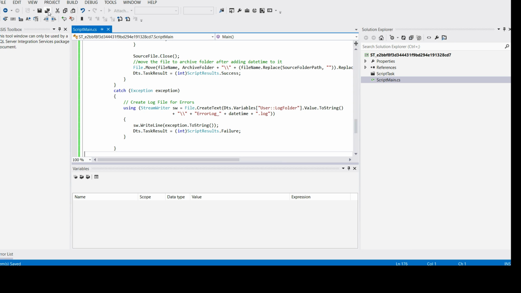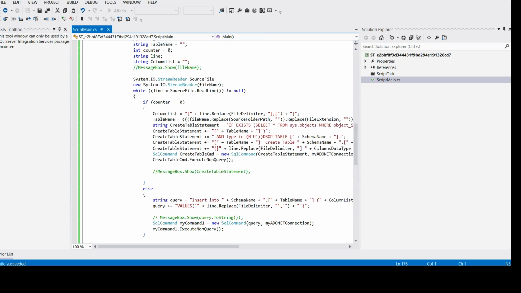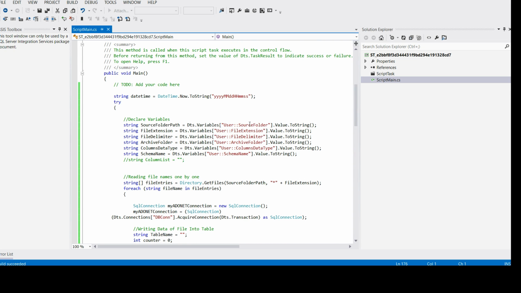Now you save it and build it. Build will be successful. Even if you have some problems here, such as an incorrect variable name, it's not going to take care of it. And even if you have an incorrect connection manager name here, it's not going to care about it. It is going to check syntax and namespaces and all that, but the variable name you have to take care of. So first of all, what I'm doing here, I'm saying okay, string date time,